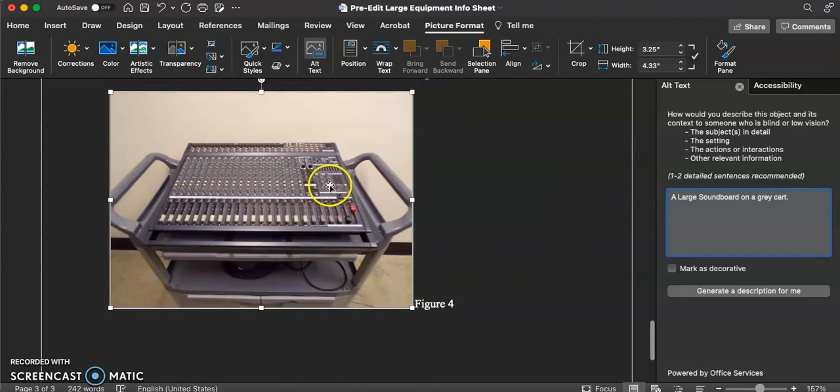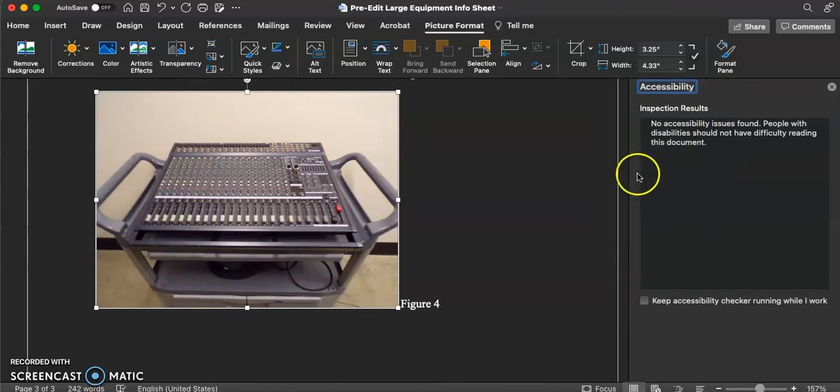Okay, so now that we've finished adding alt text to our final image, we should be able to exit out of here, and our accessibility checker is still open and has now identified that we have no more accessibility issues.